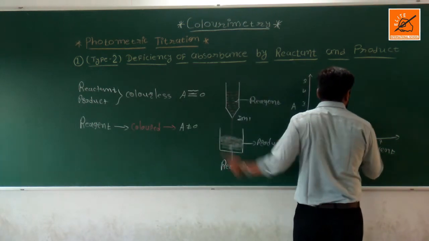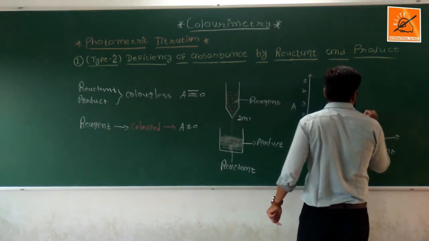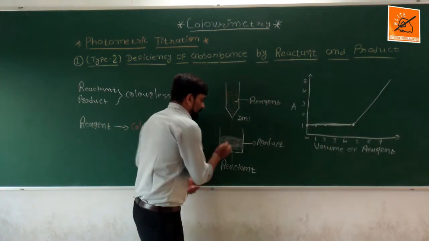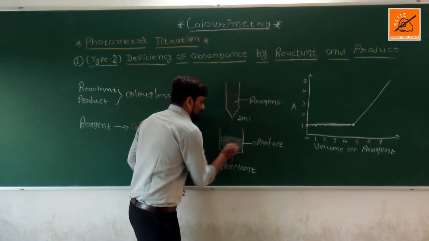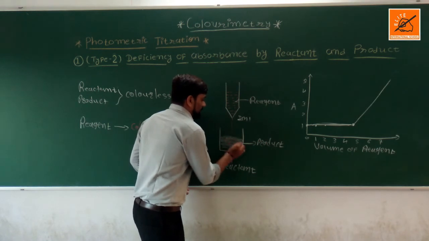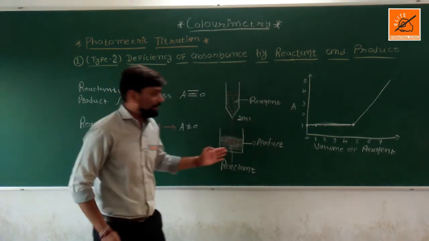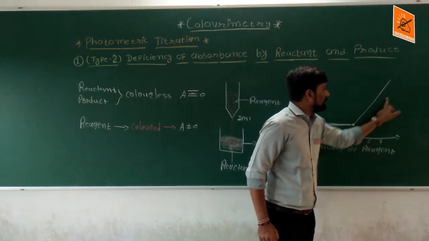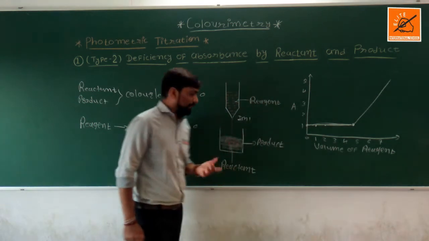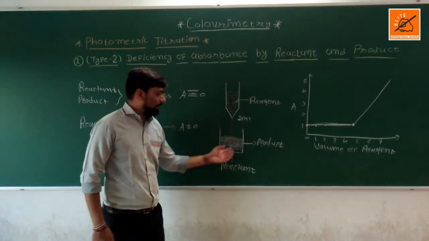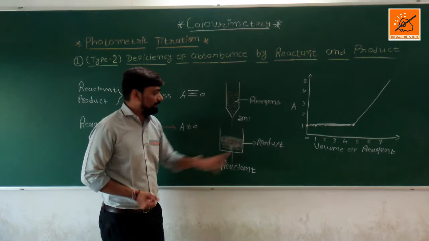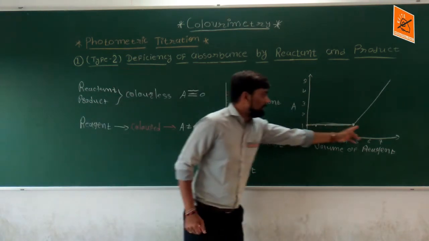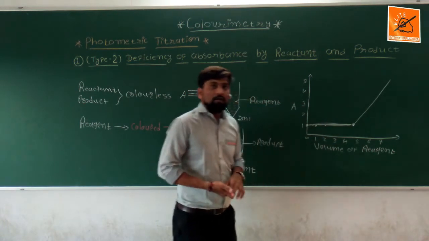So whenever the reagent is gradually added, the absorbance value will gradually increase, because the concentration of reagent in the flask gradually increases. Whenever reagent is added into the flask, the absorbance value gradually increases, because now the reactant is not available in the flask. The added reagent stays as it is in the flask, which is why the absorbance value increases.